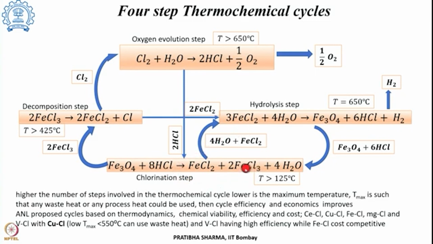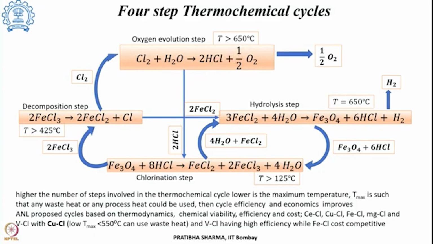The FeCl3 which is produced undergoes a decomposition step producing FeCl2 and chlorine. This occurs at a temperature higher than 425 degree centigrade. The chlorine which is being produced undergoes the oxygen evolution step to convert into HCl and oxygen, and in this process oxygen is being produced. This process occurs at a temperature higher than 650 degree centigrade. So, if we see in this way, the maximum temperature of the step is lower compared to the 3